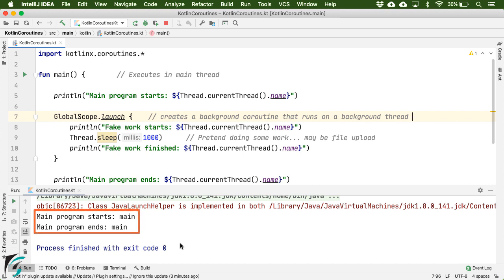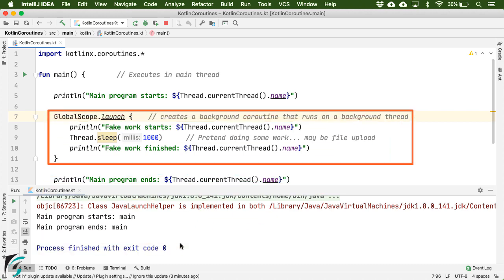So here our main program started and ended, and our application also finished with exit code 0. But there are no signs of the output which belongs to this code over here. So what's wrong in our program, and why was our coroutine code not printed in the output console?